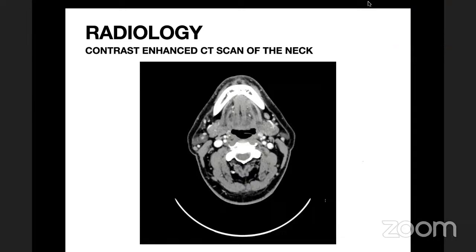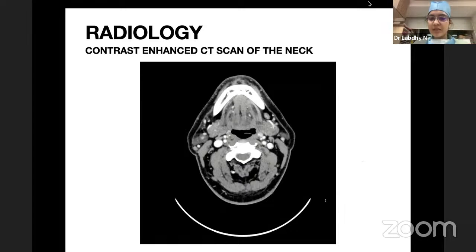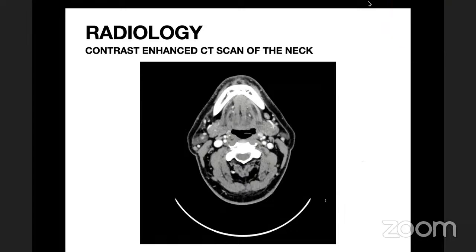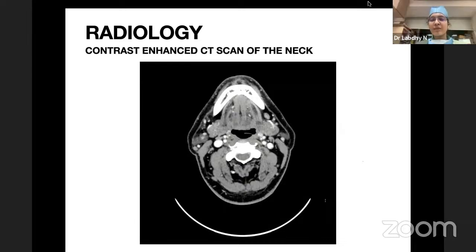Yes, ma'am. And then this kind of protocol you will continue for how long? Because this is completion of the treatment. Then after that, you will continue with this 3 monthly follow-up for 2 years, ma'am. 1.5 to 2 years. Okay. Then every time will you do an imaging? Or you will do imaging annually? No, ma'am, not every time. I would do a clinical examination with a Hopkins examination and imaging only if indicated.